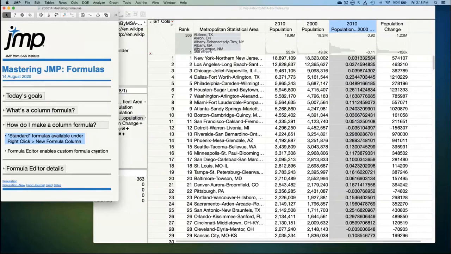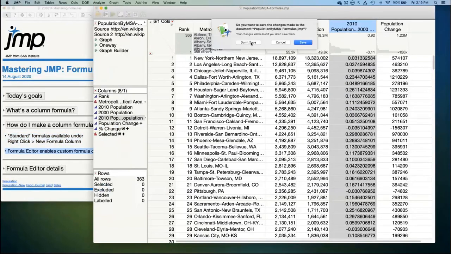So we've already seen the formula editor a fair bit. This is the main tool for creating formulas in JMP, and it helps us create custom formulas to do basically whatever we want. The possibilities are really infinite, and so I'd like to spend some time looking at the formula editor now so that we can understand really what it is and how it works. Let me close our population data